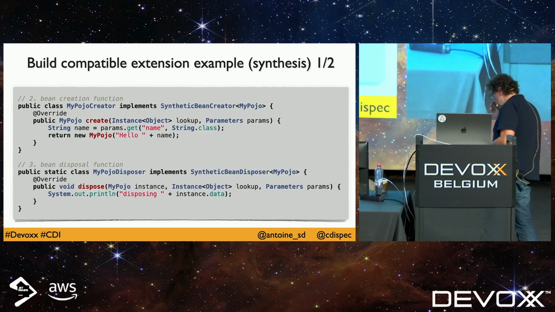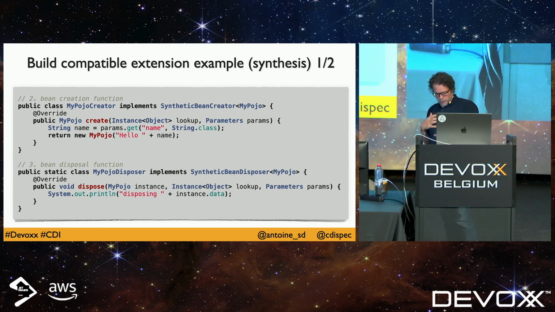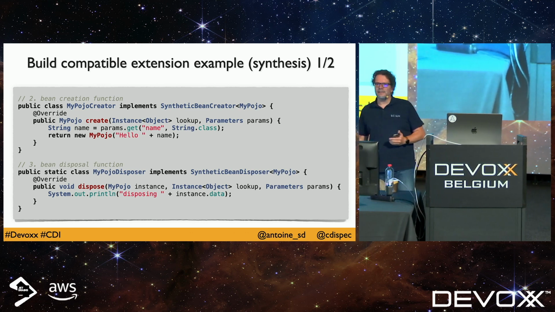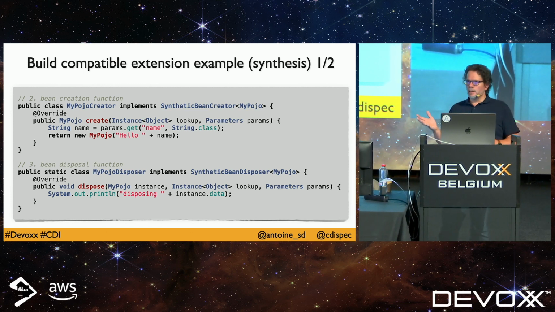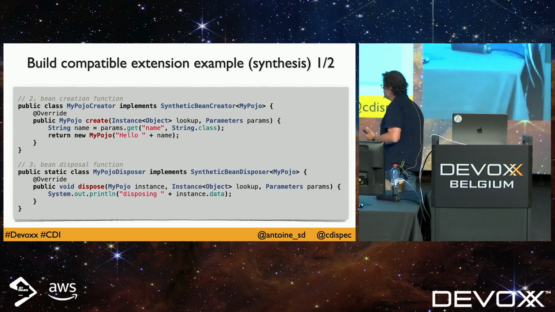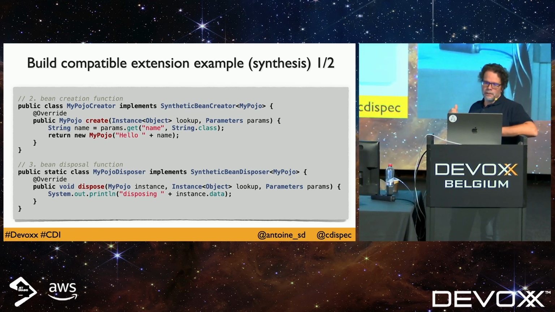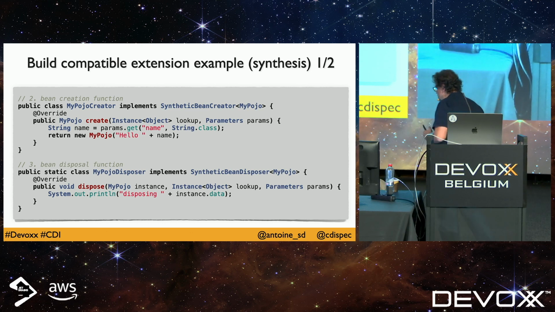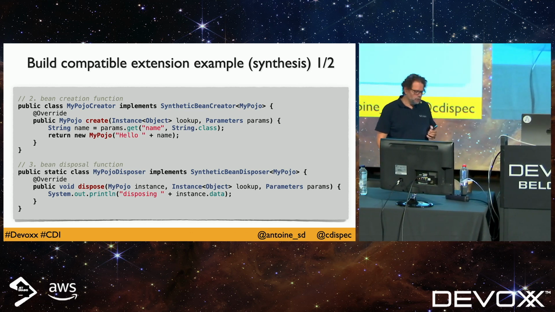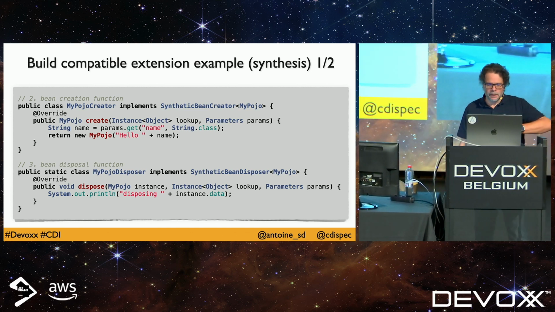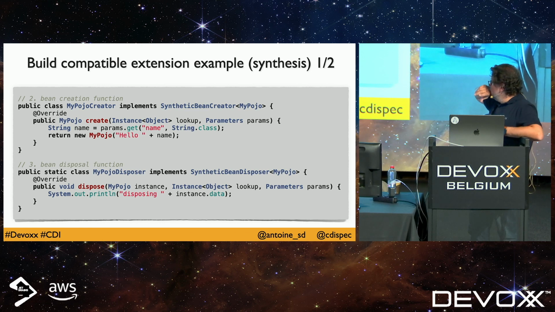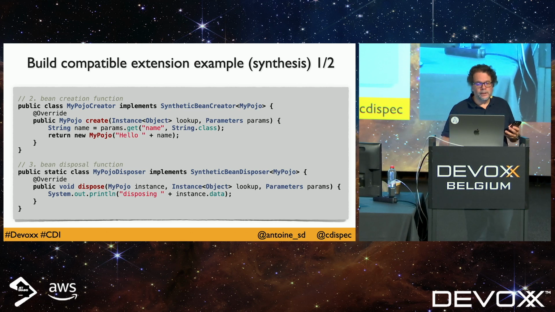Let's continue with another example. If we want to create what is called in CDI Lite a synthetic bean, meaning a way to create a producer, an instance of a given class in the bean. So you need three things. You need a way to create your bean. You need a way to dispose your bean if this bean is getting some specific feature like a file handler or, I don't know, opening a port. So you have to define those specific parts. It's not very rocket science here. And when you have defined those,